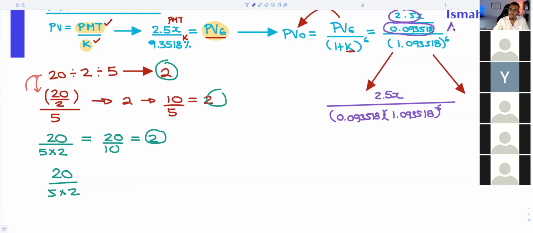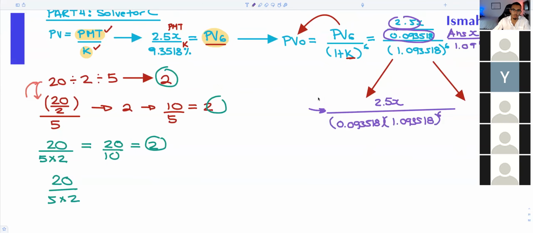And whatever the answer is, you would have done answer x over the same denominator, over 1.09 to the power of 6. But part 1 is probably the best way to go about it. Okay, so we have this as our monster. All right, now I'm gonna go back to blue to make it look like something that you could follow again. Anyway, so we would have PV0 is equal to